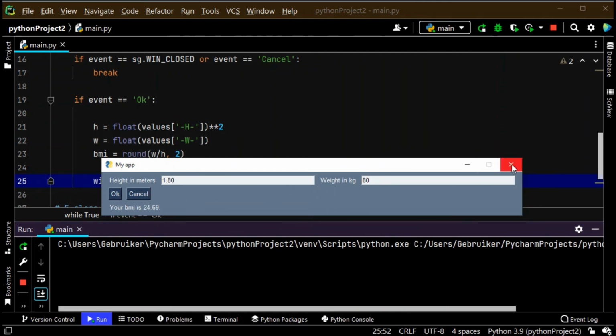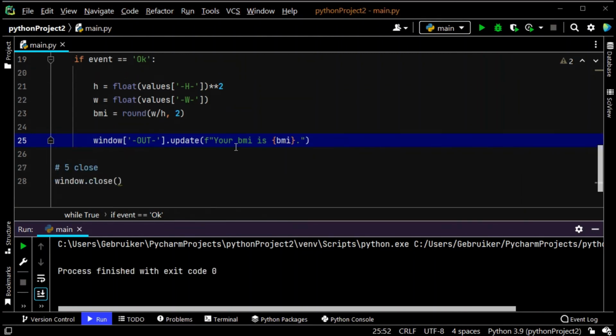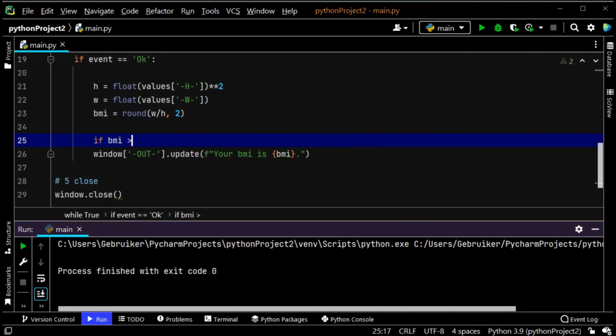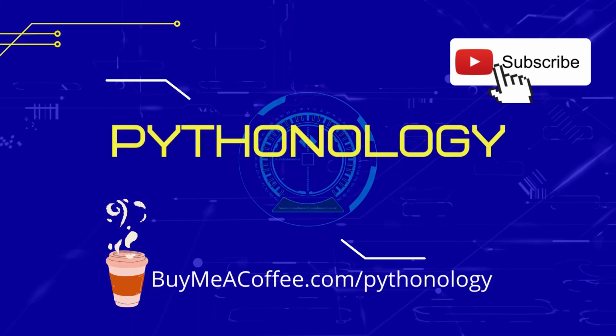It works. Now we have to mention if the BMI is above 25, that's overweight. Below 18.5 is underweight. So we need some conditionals. Here we can say if BMI is greater than or equal to 25, then put some message like your BMI is this, you are